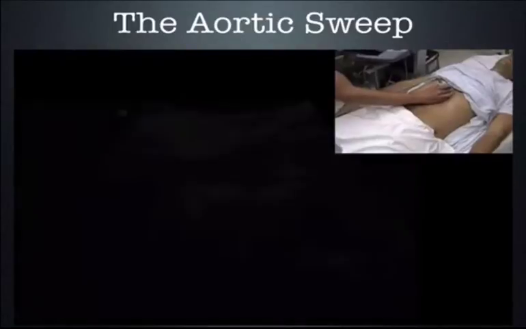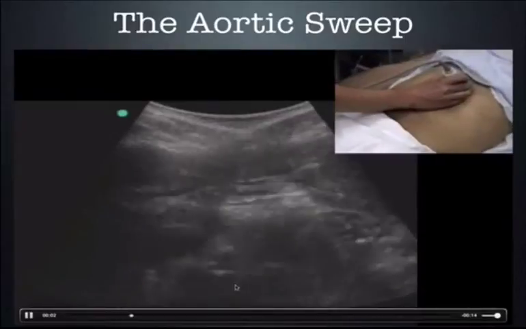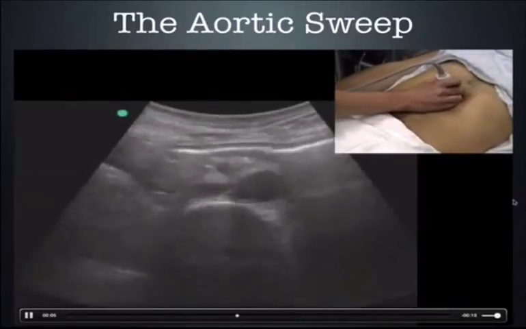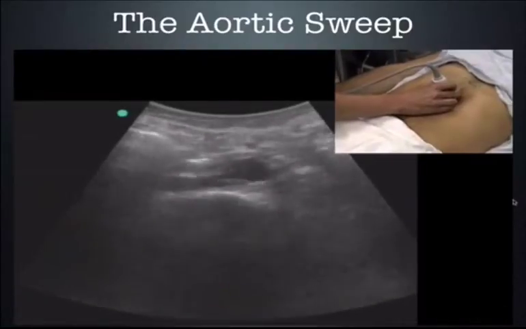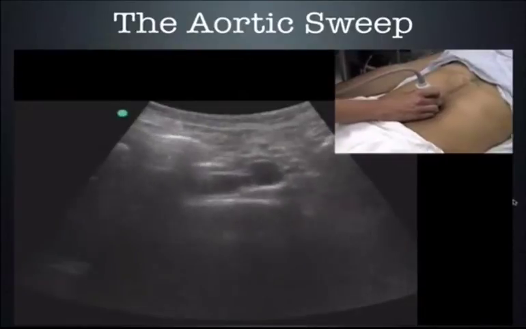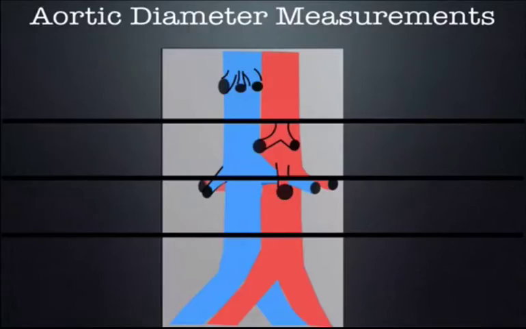Let's have a look one more time. Here's the spine with shadow. This must be the aorta. We're running down, making sure there's no obvious abnormal dilations. Now that we've done a sweep of the aorta and we don't see any obvious dilations, we'll come back and